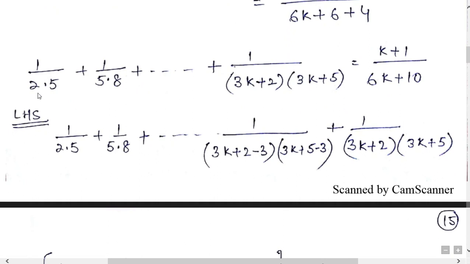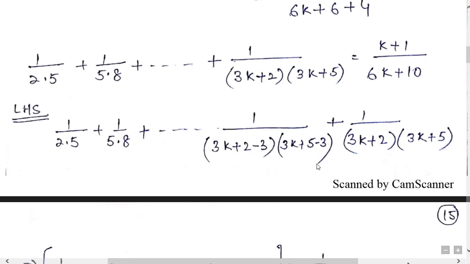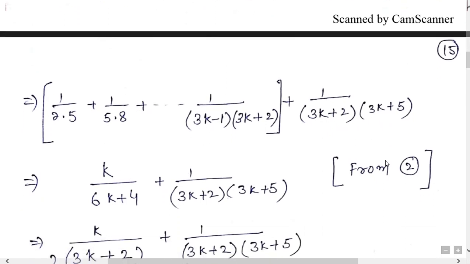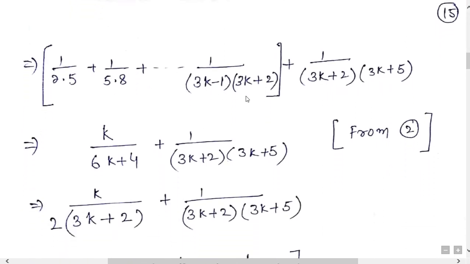Now the difference between the first and second term: 2, 5, 5, 8. It means the first and second term both differ by a natural number 3. It means if I have to write the second last value, I have to subtract 3 from both the terms. Clearly I can write 3k minus 1 and 3k plus 2, and the last term is 3k plus 2 and 3k plus 5. Now from step number 2, insert this value, the series k over 6k plus 4, and the second